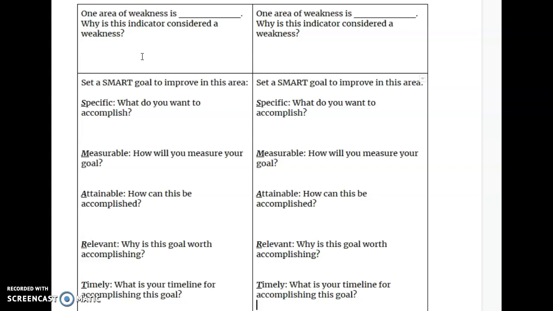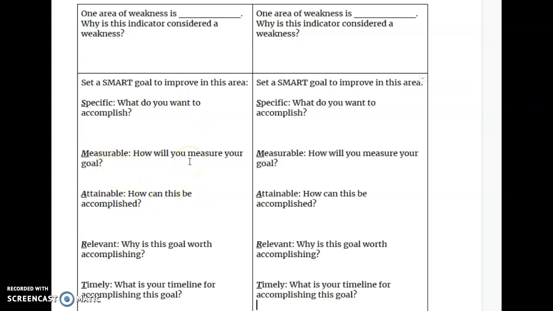So then we start thinking about our goals. So what do you want to accomplish? Do you want to raise your PSAT score? Maybe you have a C in math, and that also shows you that, hey, this is weak. So maybe we want to raise our MAP score and increase our grade in math. Those are specific goals. You might even say, I want to improve my math grade from a 76 to an 82. How are you going to measure your goal?